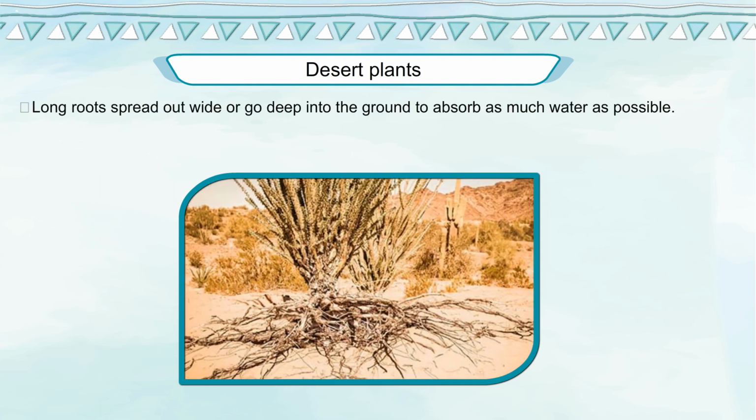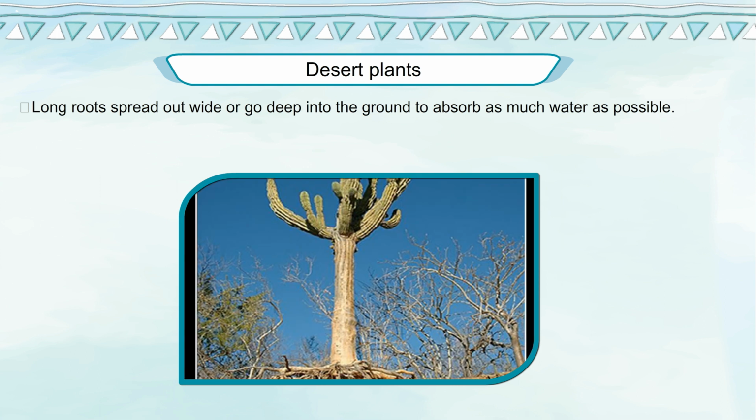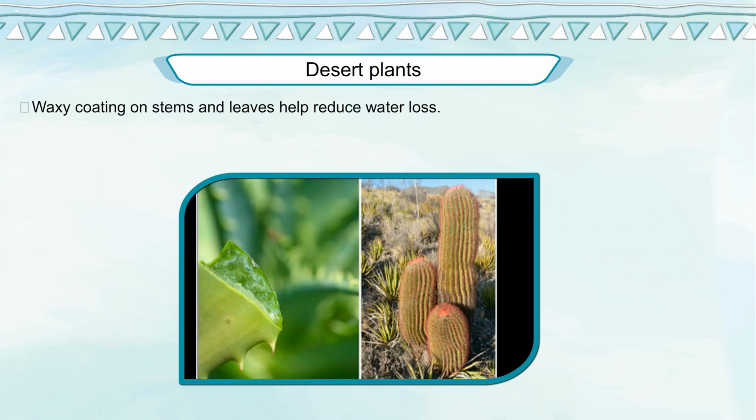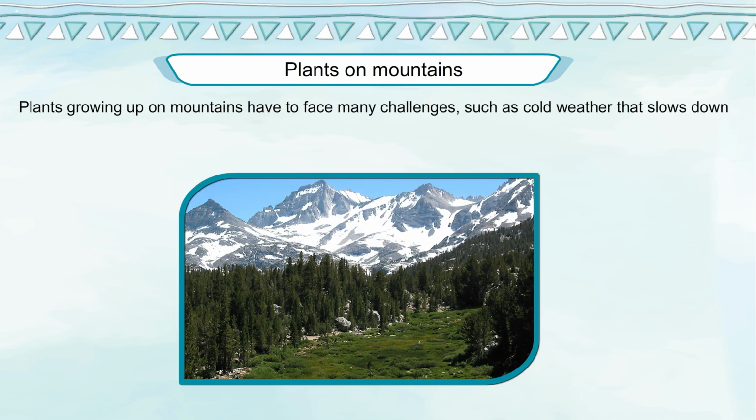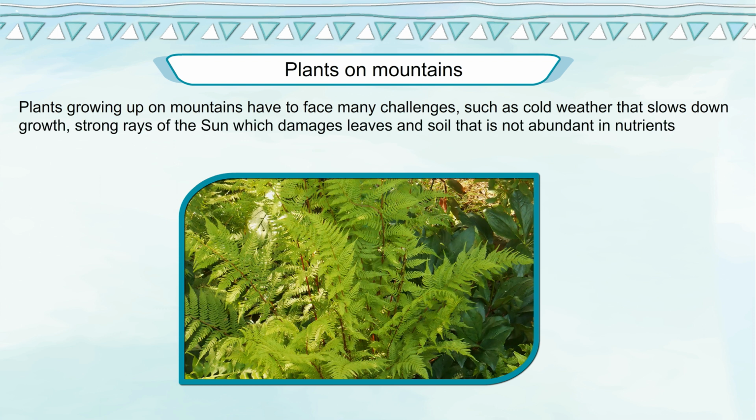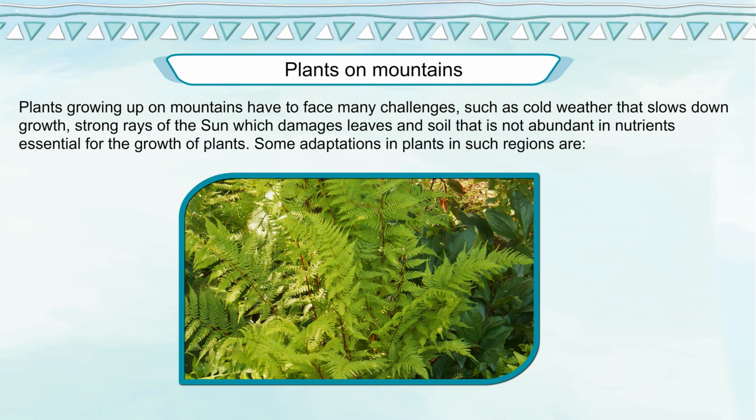Long roots spread out wide or go deep into the ground to absorb as much water as possible. Waxy coating on stems and leaves help reduce water loss. Plants on mountains. Plants growing up on mountains have to face many challenges, such as cold weather that slows down growth, strong rays of the sun which damage leaves, and soil that is not abundant in nutrients essential for the